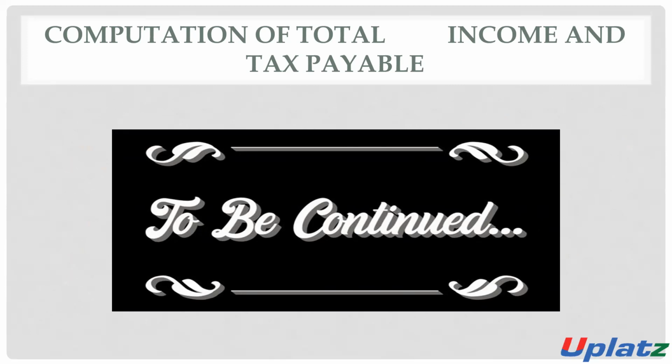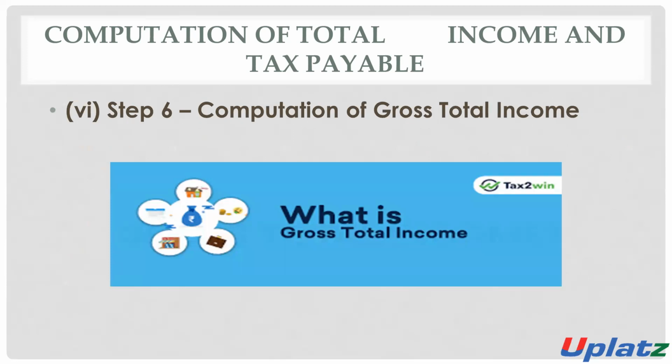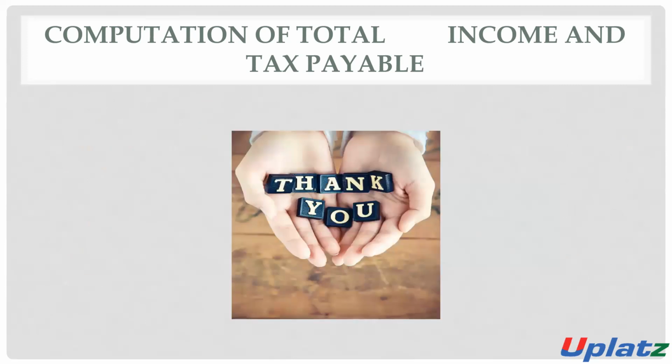So we have completed part 2 of the computation of total income and tax payable. There are some other parts in which we have discussed other steps. Means we have discussed up to 6 steps. Now there are some other steps by which we will calculate the amount which will be taxable, and we will also calculate the amount of tax on such taxable income. So kindly consider all the videos on such topics so that you can take the knowledge about how to compute the taxable income and the tax required to be paid